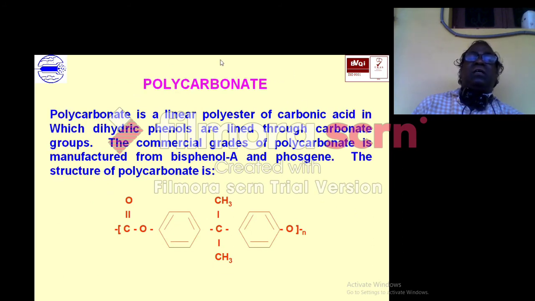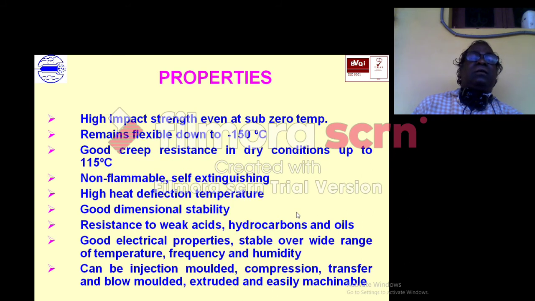This is one of the amorphous materials. It is manufactured from polyesters of carbonic acid and diphenol. So you will get a polycarbonate. Polycarbonate is a very high impact material at zero temperature.